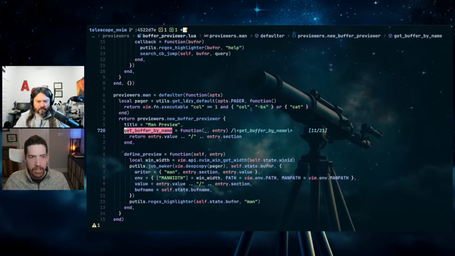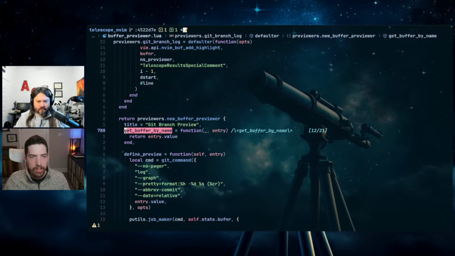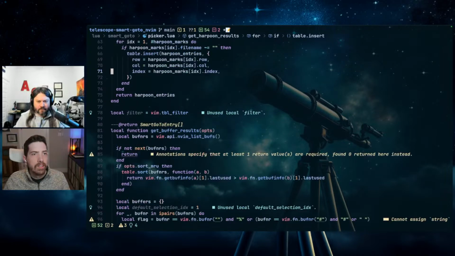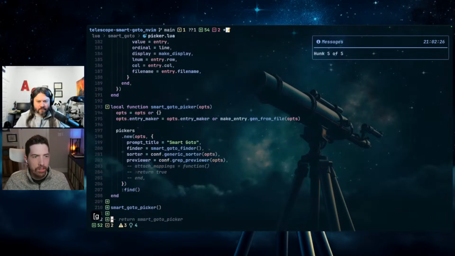This is on a man. Interesting. That's on a new buffer previewer. So then that leaves us with, if we go back to the project and we go back to the git diff,